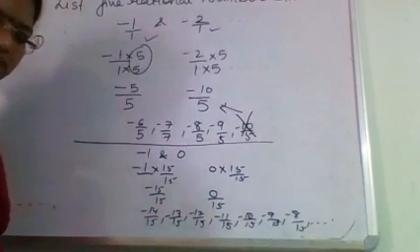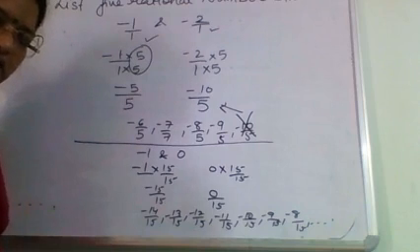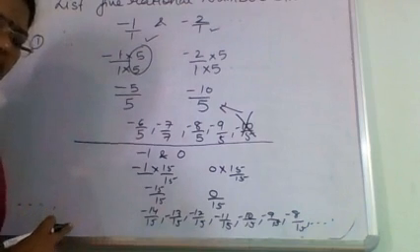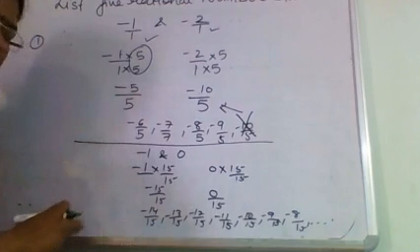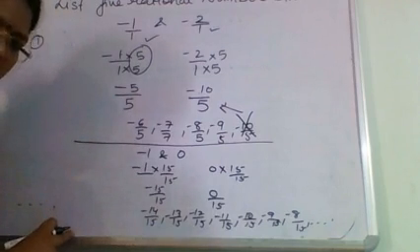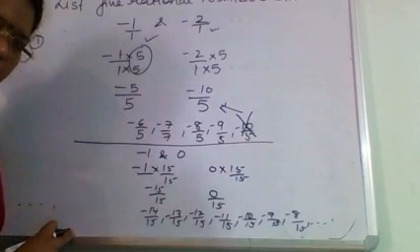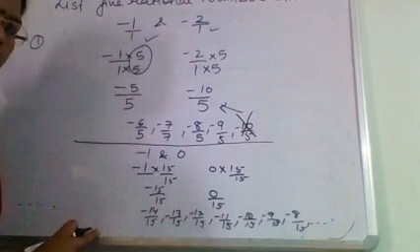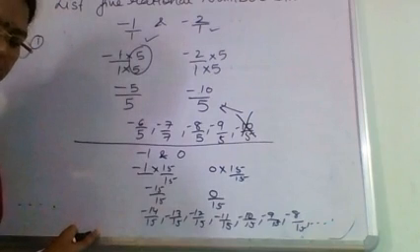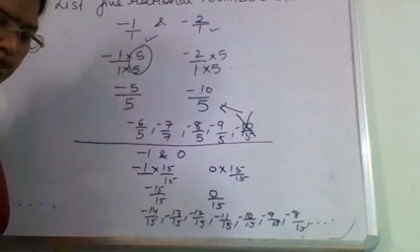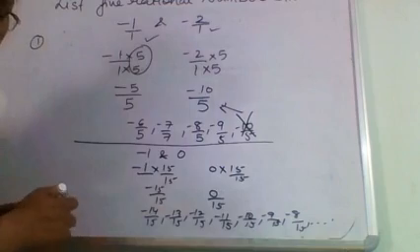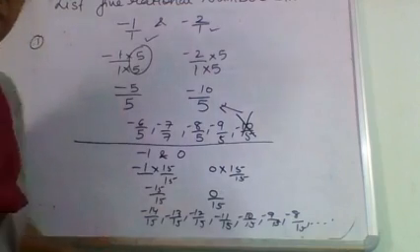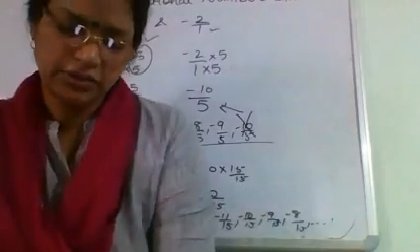Understood? So one of the students has asked me this question: how can we find out the 10 rational numbers? So I think her doubt is clear, right? This is how you will be finding the numbers between the two given numbers, either positive or negative. Right, students?